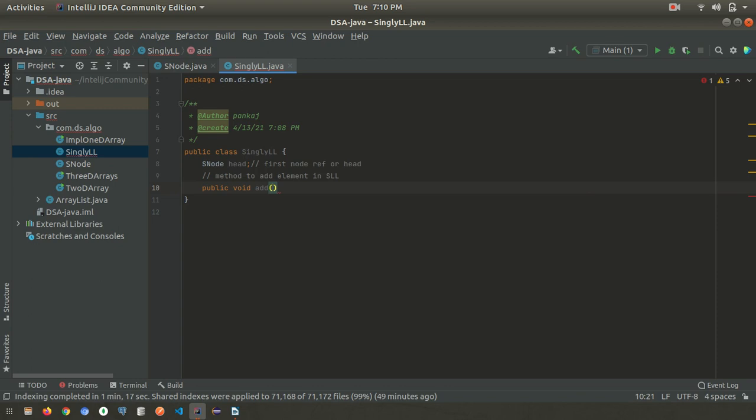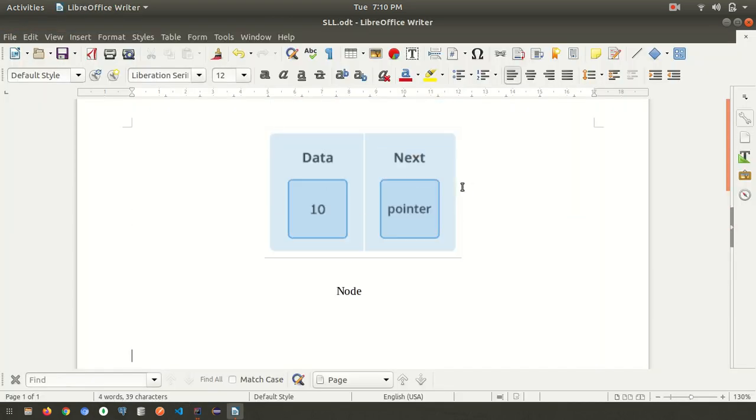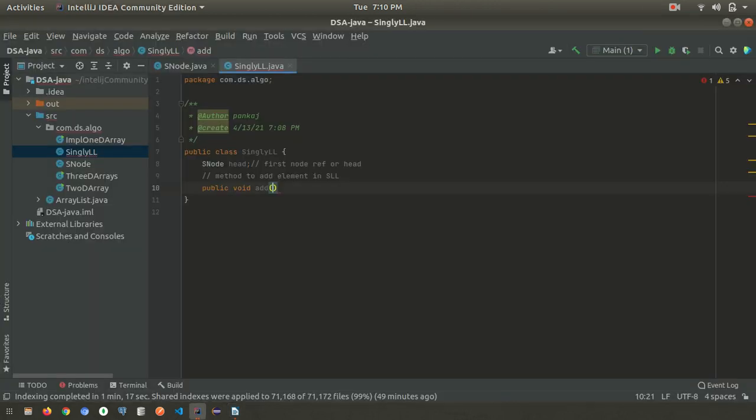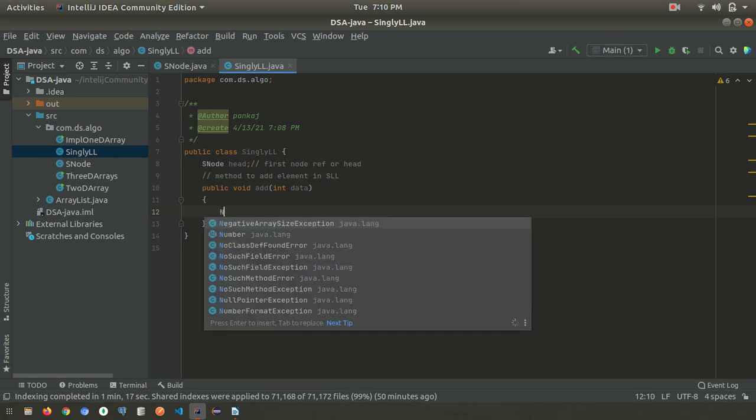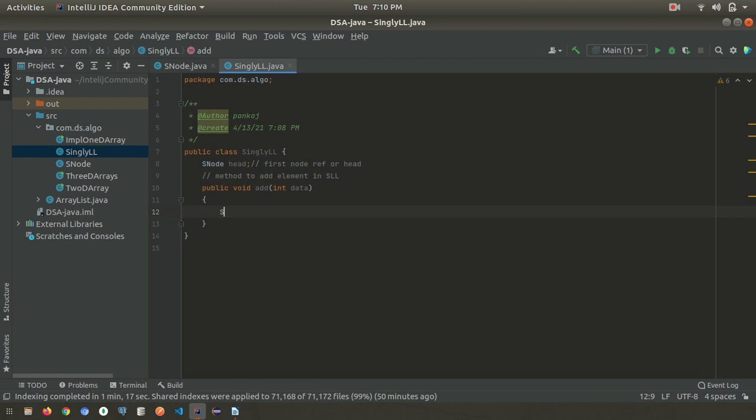So add. What we want to add is a node; we will give data, but the reference we don't know. As a programmer we should take care of this reference and pointer. The user will give only data, and the type of this data is integer. So here also we take the data as integer, similarly we can pass integer data. Once this data is passed to this method, first we need to create the node, a singly linked list node.